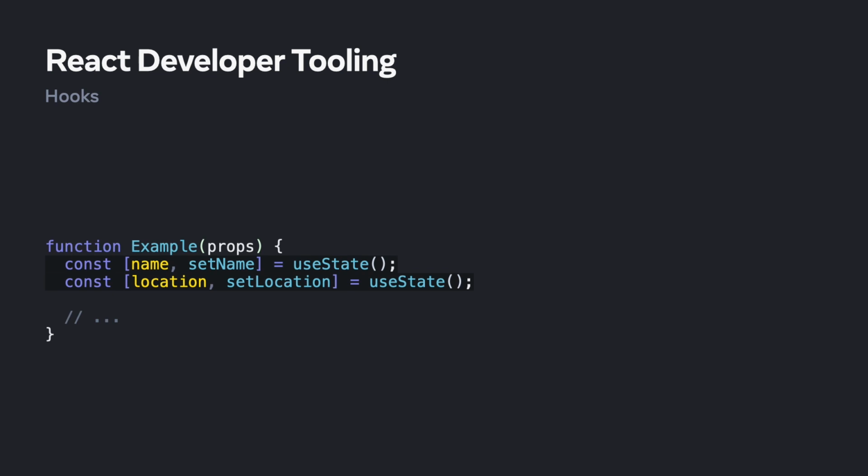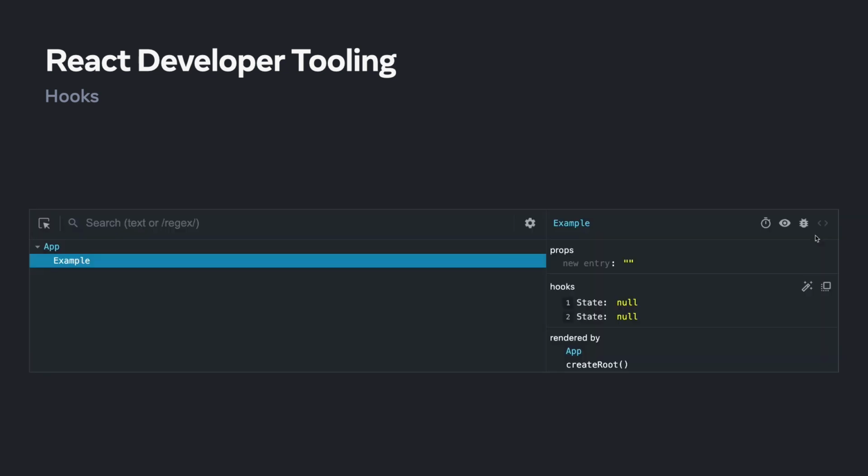When people refer to the name of a hook, they're typically talking about the variable the hook's return value gets assigned to. Unlike props, which is a keyed object that DevTools can iterate over, there's no way for DevTools to read the name of an arbitrary variable inside of a component. Or is there?